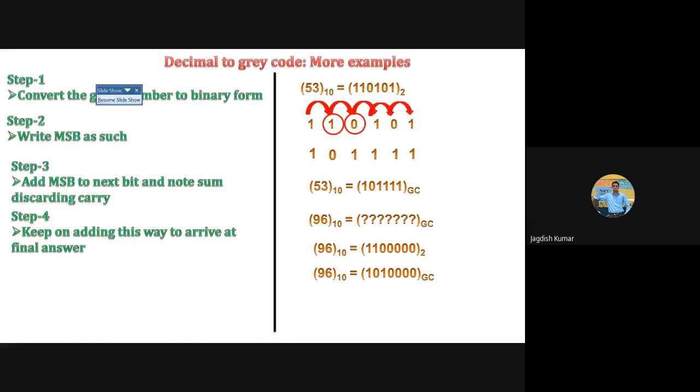Fine. So now let us proceed further and do another example. The example now is the opposite way. Now we have seen how to convert decimal to gray code. Now this part will focus on how to convert gray code back to decimal form.